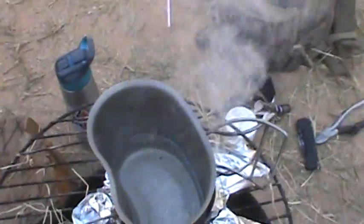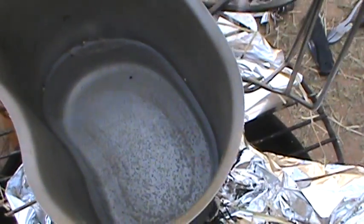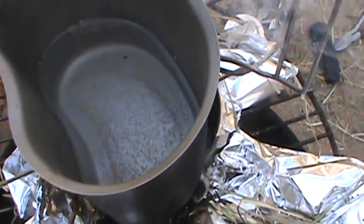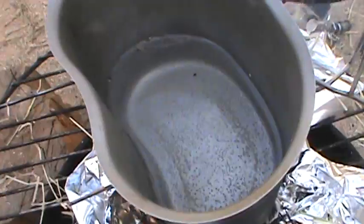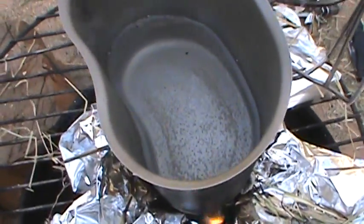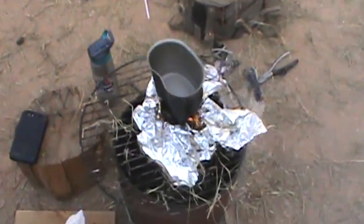And although we don't have a full boil, if you know anything about pathogens, then once you hit the point where you're seeing them bubbles at the bottom, that water is now basically safe to drink. It is at least 146 degrees, and I think that's what it needs to kill pathogens. Don't trust me on that. I don't remember off the top of my head, but we're only 4 minutes in,